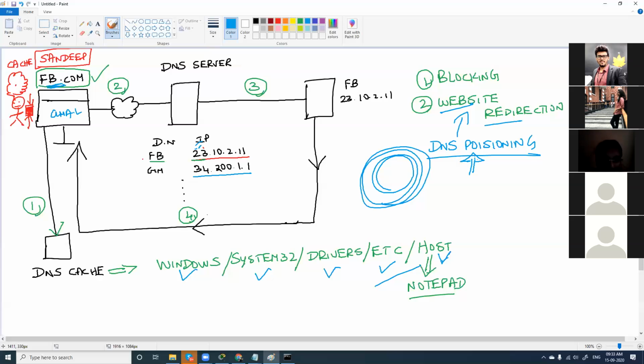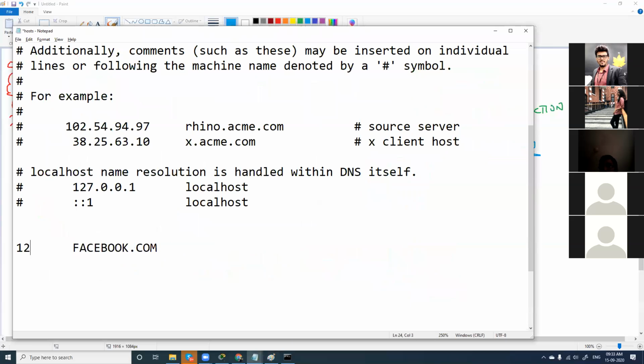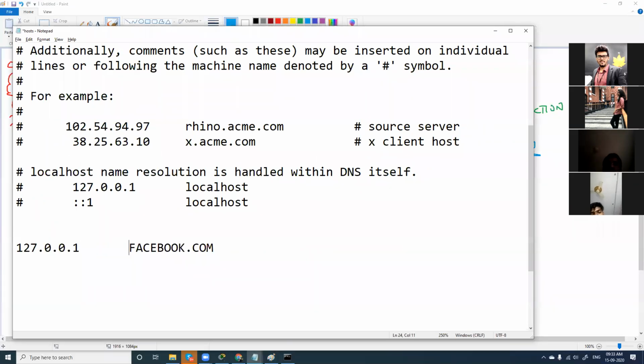Even if you clear your cache, you do whatever you want, if you have blocked Facebook here with 127.0.0.1, it stays blocked. You can list any number of websites here, not only Facebook. If you don't want anyone to access YouTube from your computer, type youtube.com. And any other sites, yes, you can include these, and save this document.